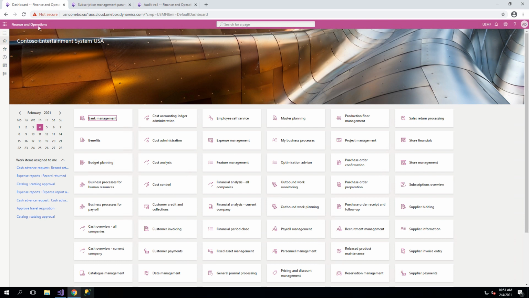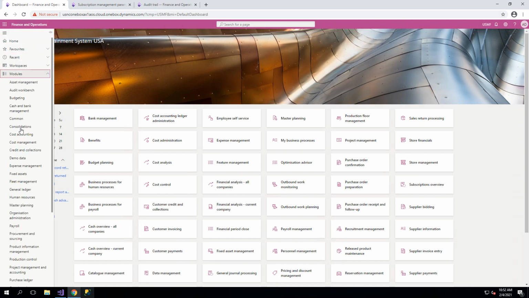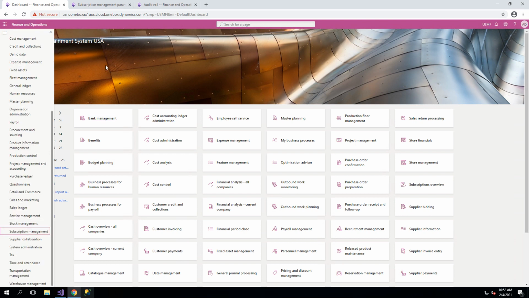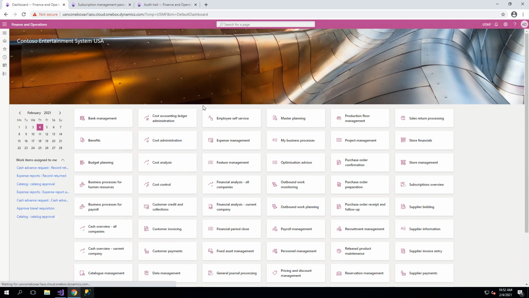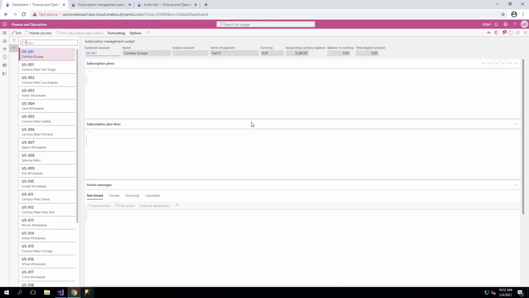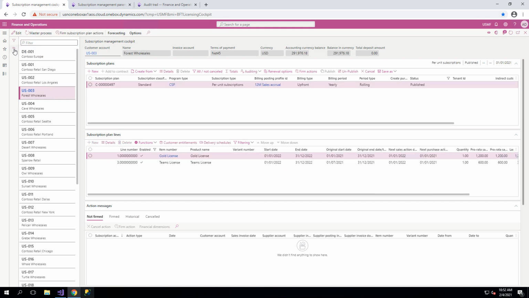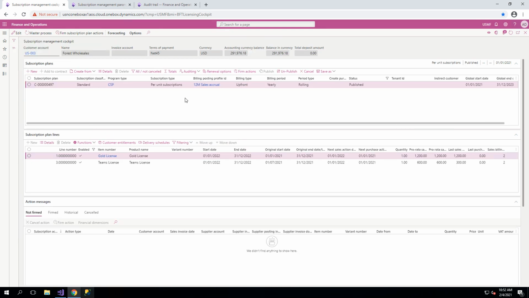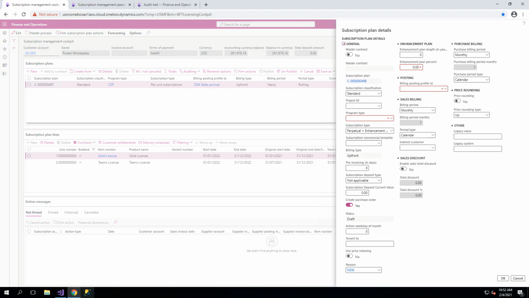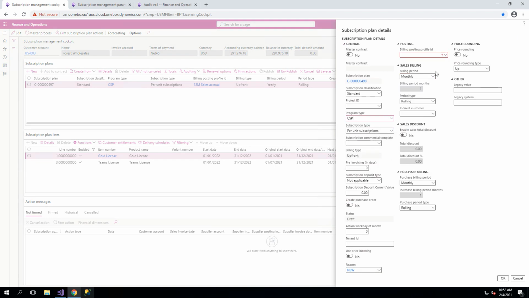I'm here in the finance and operations client in the web browser. I'm going to browse to subscription management, to the subscription management cockpit. I'm going to go to my customer here, create a new subscription plan, select my program type. I'm going to select 12 months as accrual because this is a yearly billing contract,